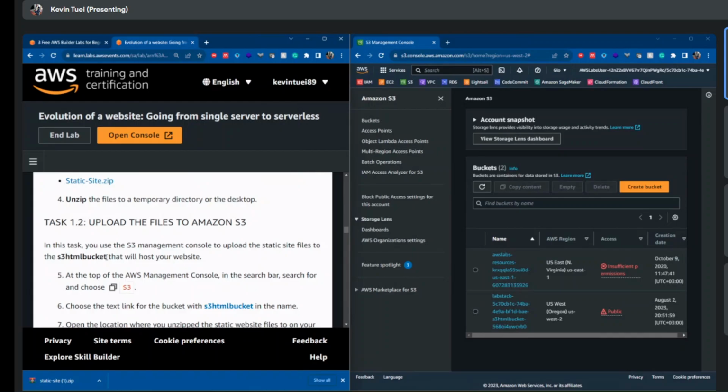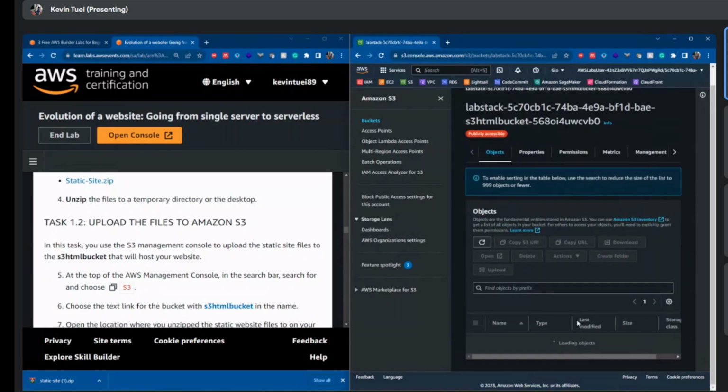So if all of us are launching this lab, we're not going to expect to access the same bucket. That is why, since the lab is being provisioned using CloudFormation, the lab stack is put with a unique hash, as well as the name S3HTML bucket in the middle, and then a suffix, all just to make it unique. So you might think it is not there, but it is this second bucket most of the time. So if I open it,